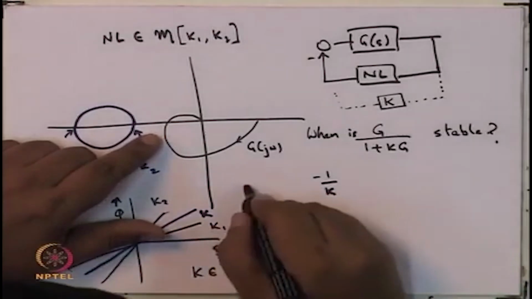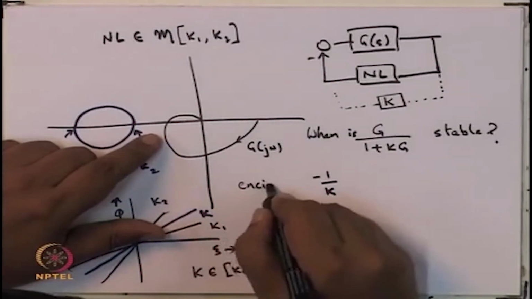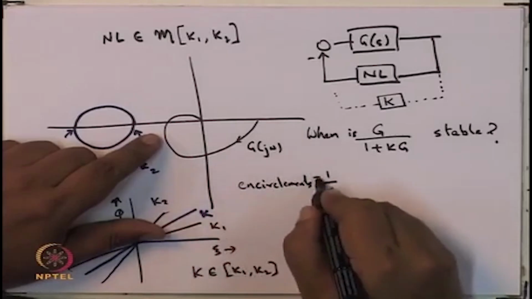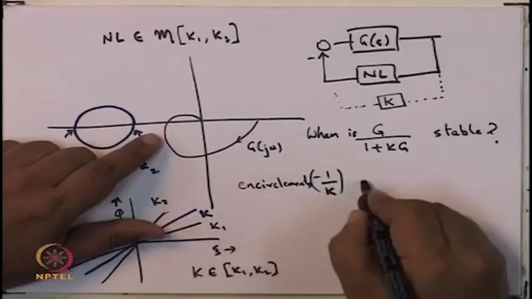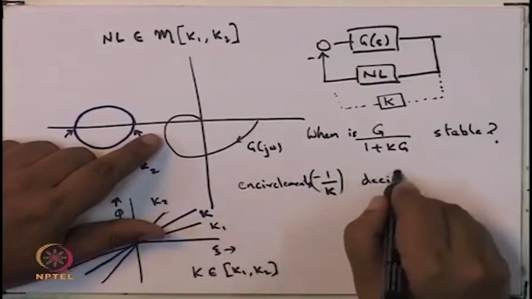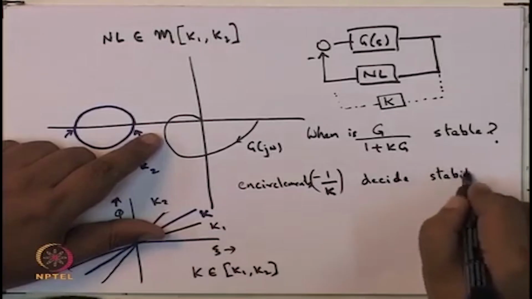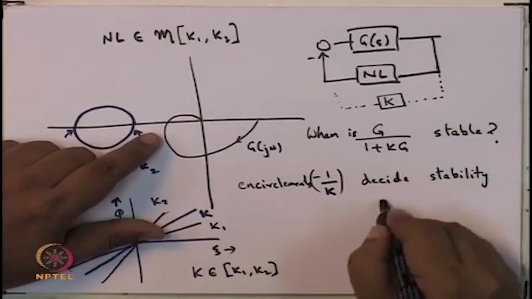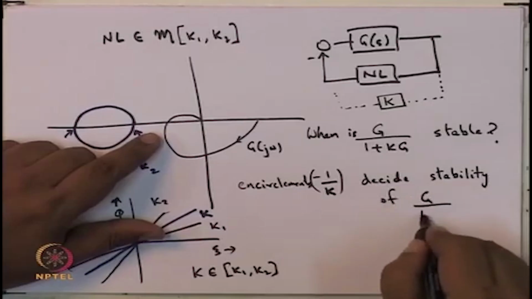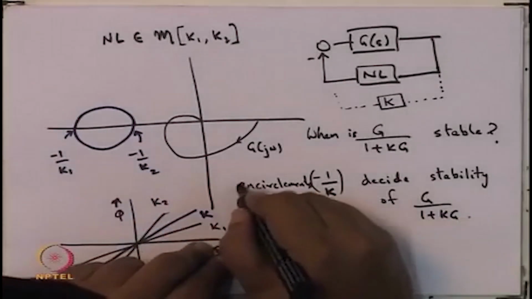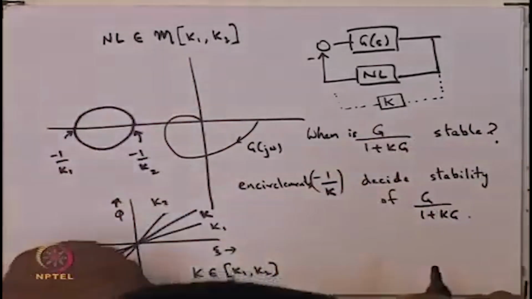So encirclements of minus 1 by k decide stability of g upon 1 plus kg. Okay, and how is that done? That is done by using the Nyquist